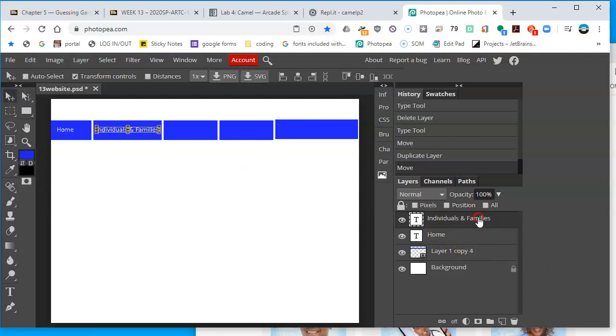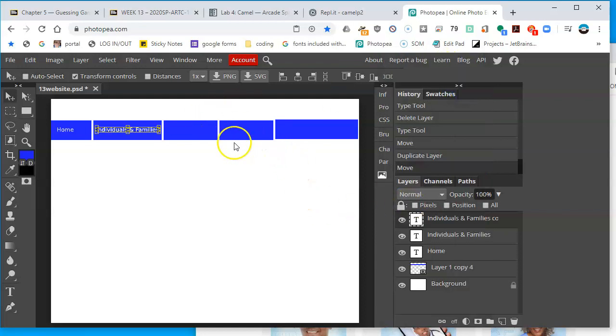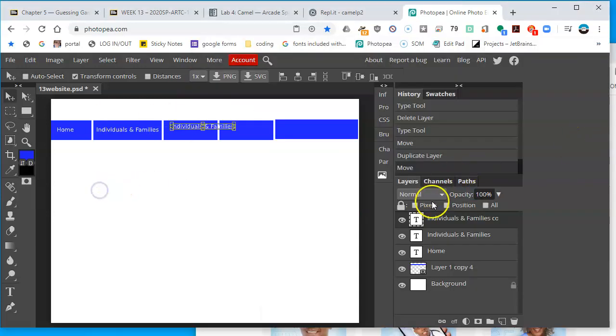Okay, and I'll right click on individuals and families and duplicate the layer again, click and drag. I'm always holding the shift key so that it stays in the same level as the other one. I'll double click that T and say employers,